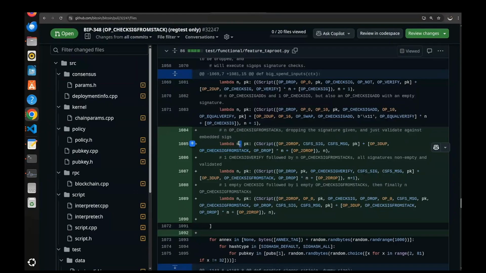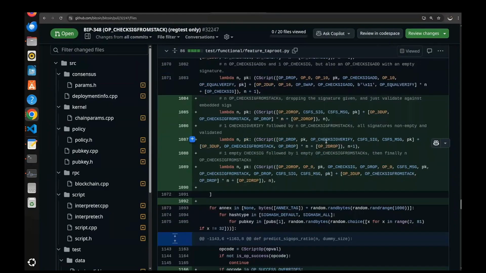Here, the n we provided is the number of iterations we want to use for this operation, and afterwards we are dropping and repeating this n times. That simply means, for these functions, I know you got the idea about these lambda functions. Same here, we are creating a CScript object. First we are dropping from the stack. We are passing the public key, and then